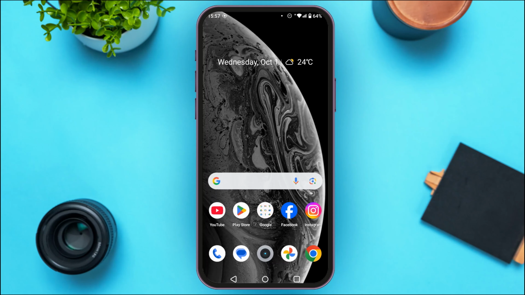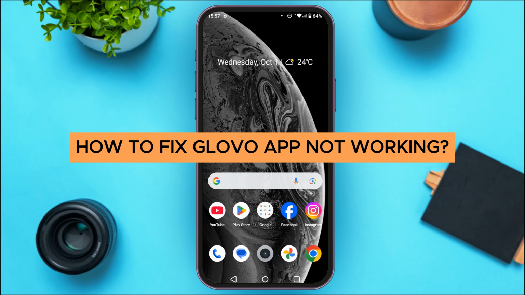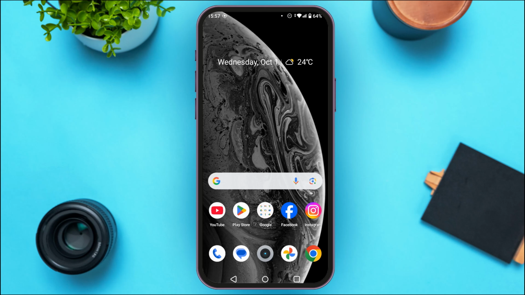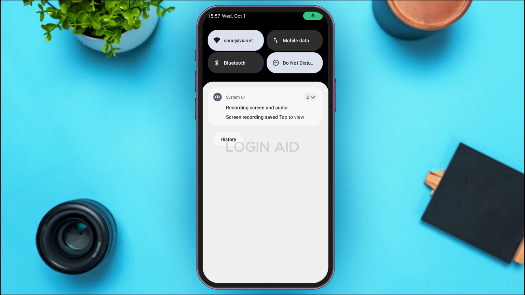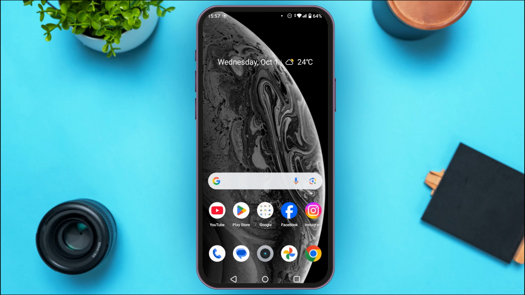In today's video, I'll teach you how to fix Glovo app not working. So if Glovo application is not working on your device, there might be various reasons behind it. The first reason might be the unstable internet connection. So make sure you're connected to a stable network, but still if your application is not working, there might be